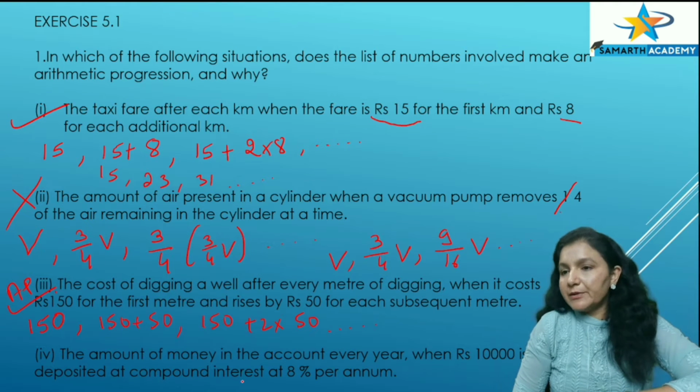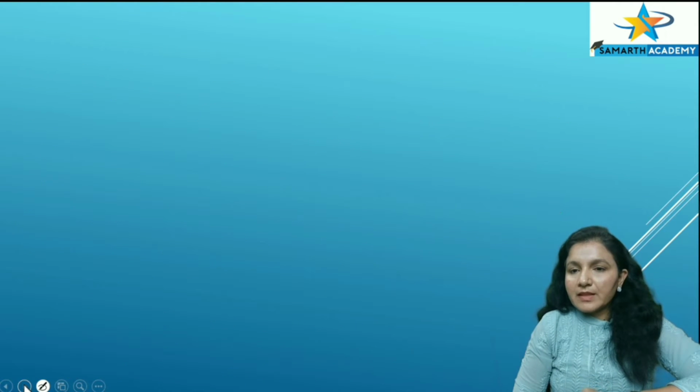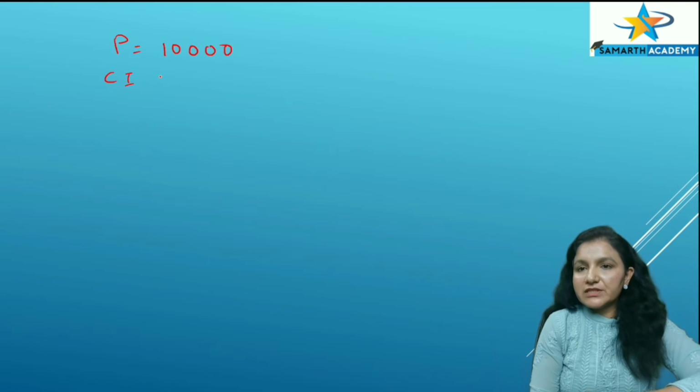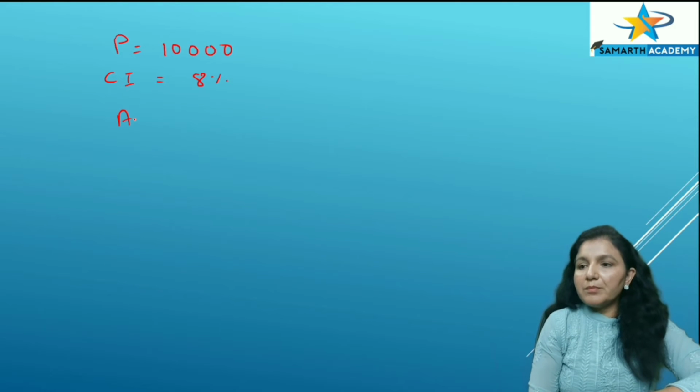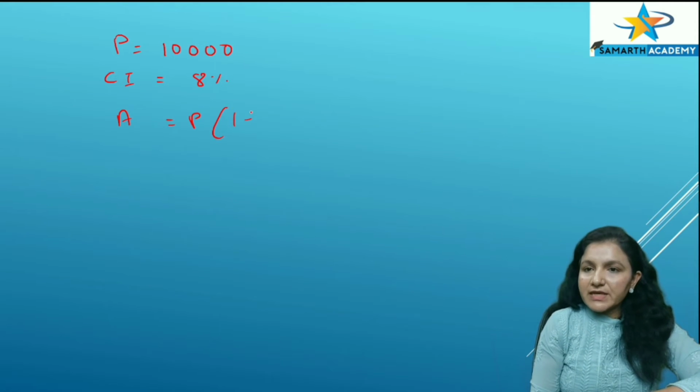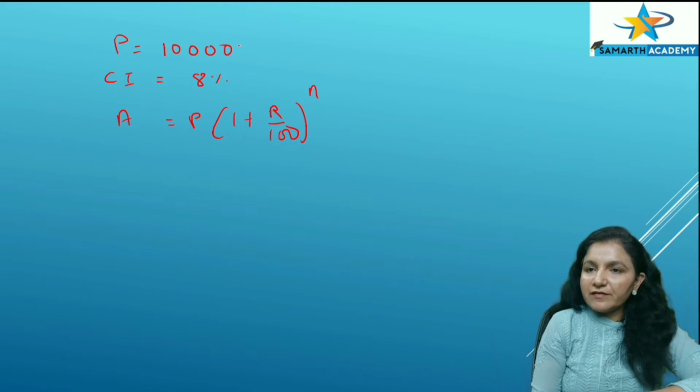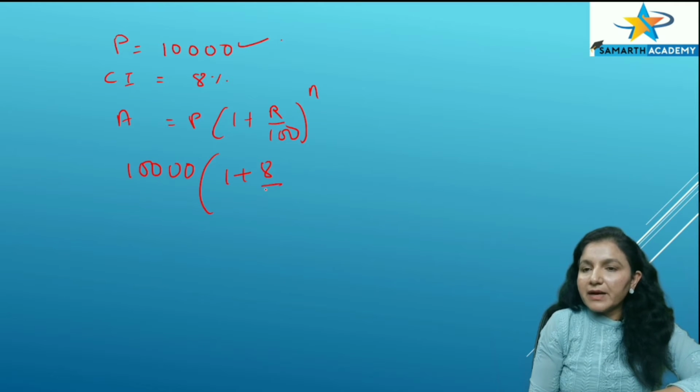interest 8% per annum. So how much is deposited? Rupees 10,000 is deposited. This is the principal, and the rate of interest is 8%. So we know the formula for compound interest: A is equal to P (1 + R/100) to the power n, where n is the number of years. Okay, so first when you are depositing, how much do you have? 10,000. After 1 year, you will be having 10,000 (1 + 8/100) to the power 1, which is nothing but